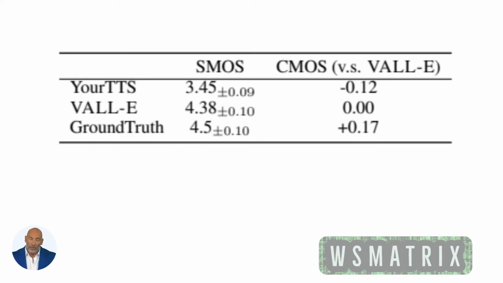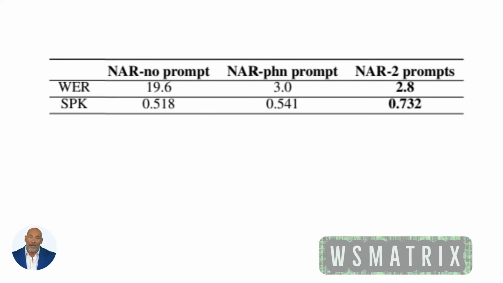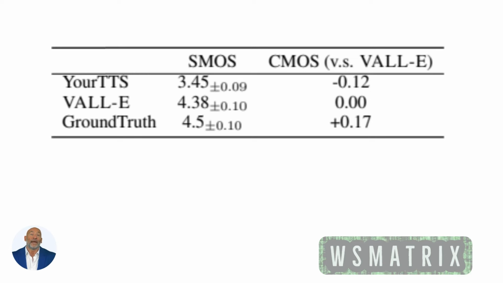An ablation study on the NAR model showed that the model without any prompts performed poorly on both automatic speech recognition and speaker similarity evaluations. Adding the phoneme prompt significantly reduced the word error rate, and using both phoneme prompt and acoustic token prompt improved speaker evaluation quality. For the VCTK evaluation, Vall-e outperformed the baseline in synthesizing speech with higher speaker similarity. Human evaluation on this dataset showed that Vall-e had better speaker similarity than the baseline and also performed significantly better in naturalness.